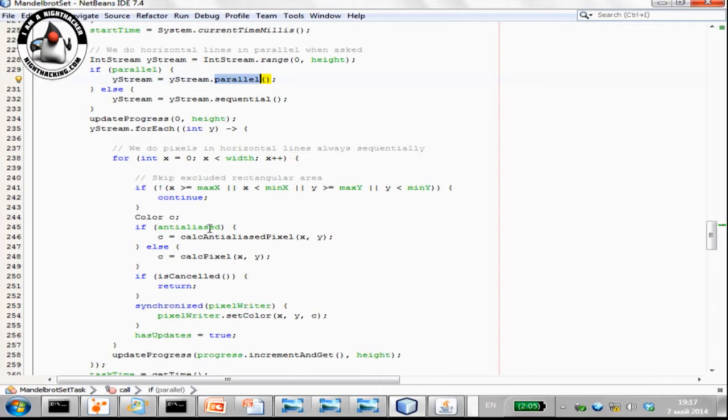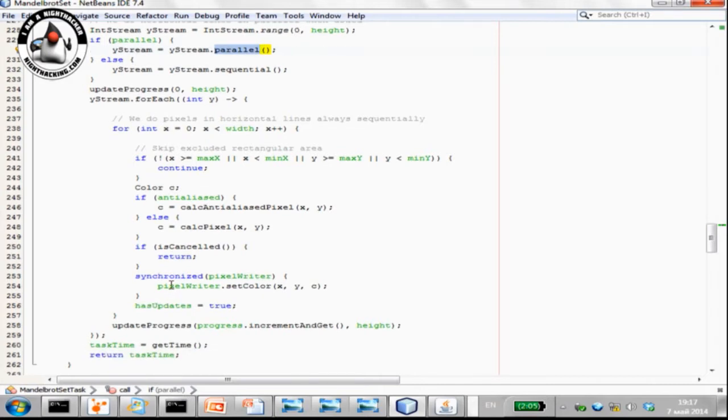But if you use just stream, it's going to be a single core, and if you use parallel stream, is it going to automatically go multi-core internally? How does it work?